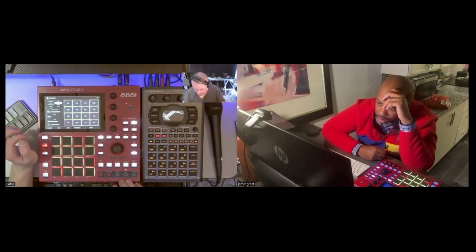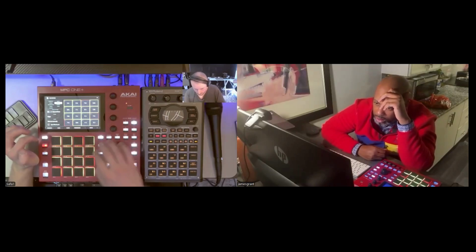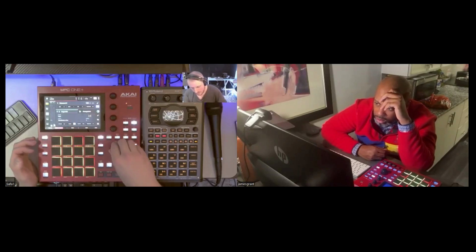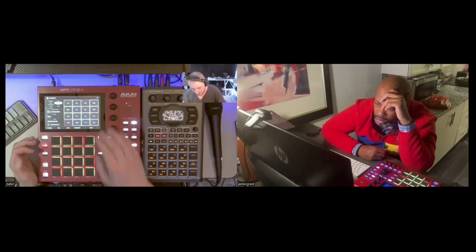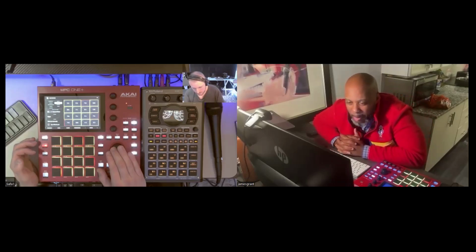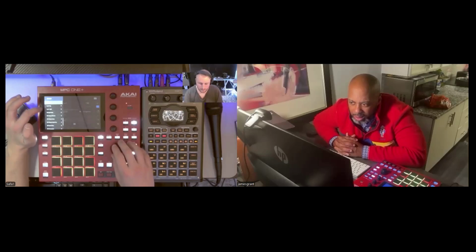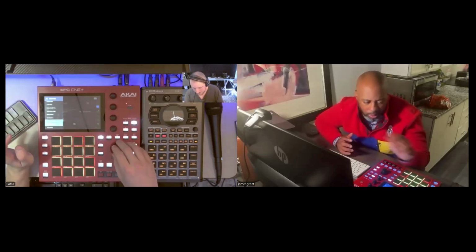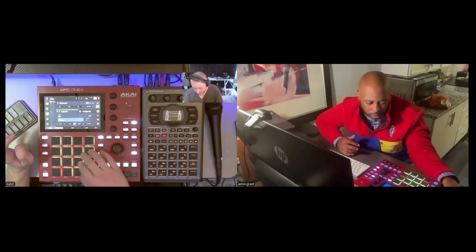Is the pluck in F sharp? Yeah, let's check that. I basically took out all of my melodic elements, and I'm going to just start again.